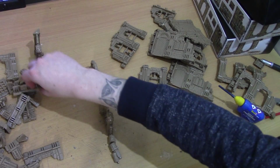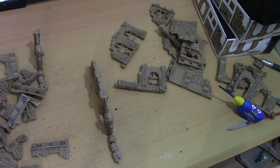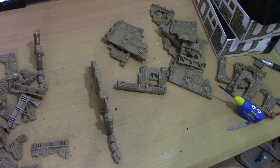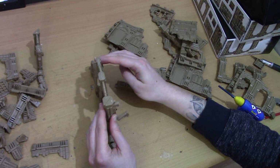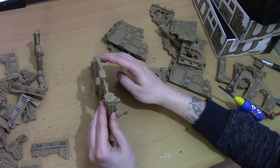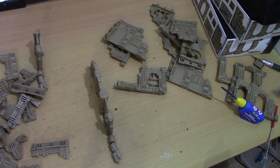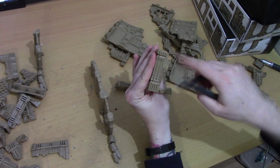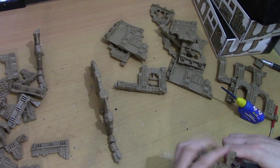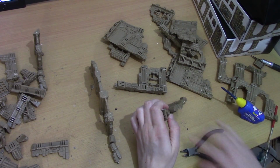If there are other pieces, what would go on to it? You could get a larger piece maybe and then just chop away at it, but that seems like a bit of a waste. Nevertheless, that will go on there. And what I will do is obviously chop away this little bit here, and maybe even just chop all the way down there. Now we'll see how easy that's to do. That bit will come off no problem